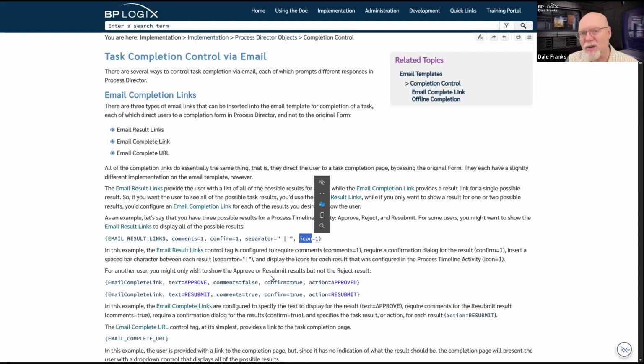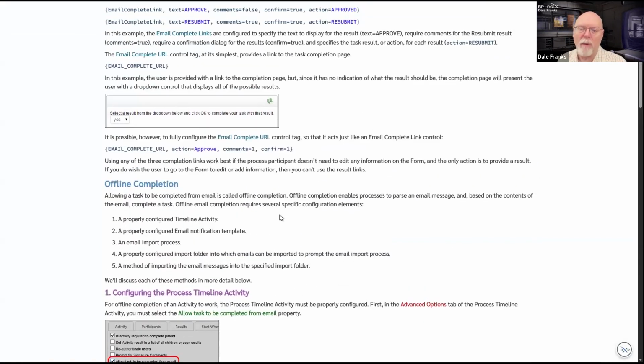The thing is, when I click on one of those links, it's not going to just magically send an email. Clicking on one of those links opens up Process Director, and it does open up the task completion form. Now, the task completion form is fairly simple. This is what it looks like right here.